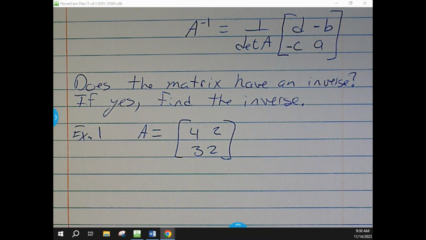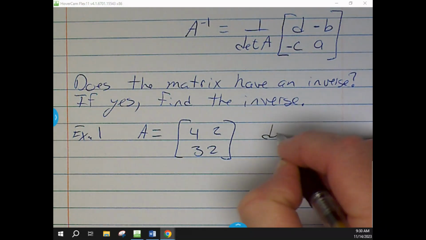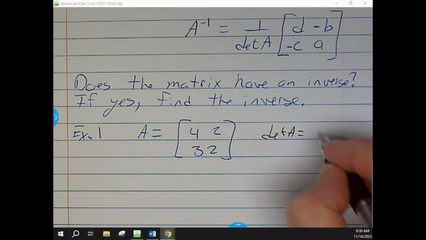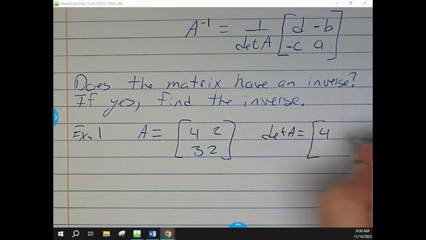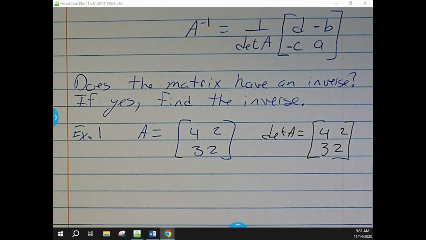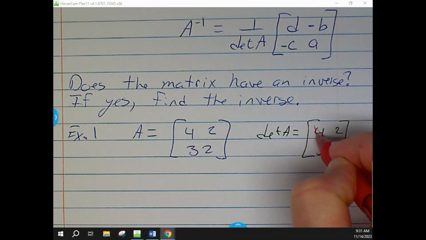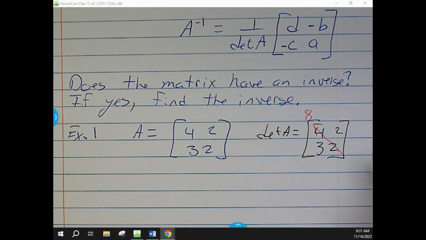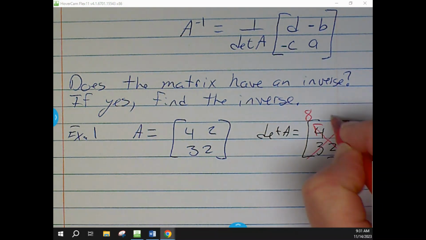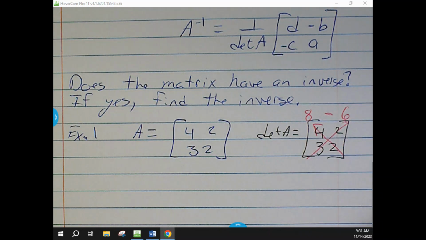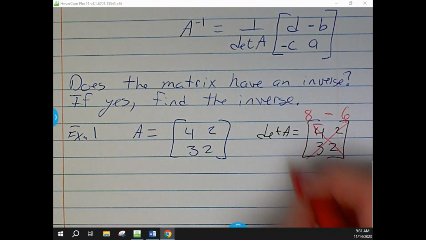The very first thing we have to do is figure out what the determinant's going to be. So to do that one, again, we're going to take that same matrix we have here and do our cross products. But again, when we do the cross products on this one, we're going to go up. So it's 4 times 2, which is 8, minus 3 times 2, which is 6. So that's 8 minus 6. So the determinant is